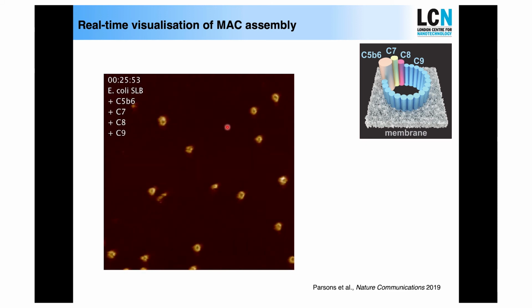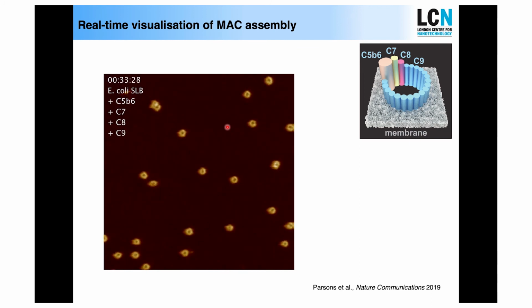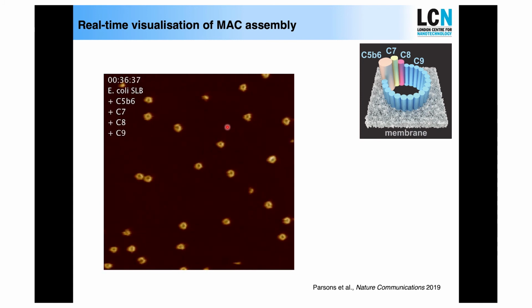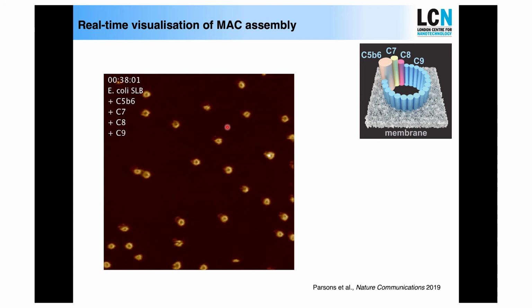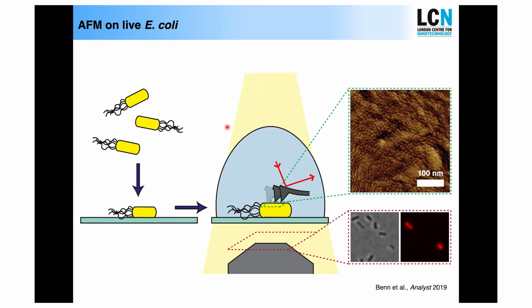And images like this allow us to identify kinetic bottlenecks in this important process in immune killing of bacteria. But this is of course on a model membrane, and that doesn't tell us necessarily what happens if we look at real bacteria. This was work done by Ed Parsons, then a postdoc in my lab. And more recently, with help of others, Georgina Ben, currently a PhD student in my lab, she worked out and